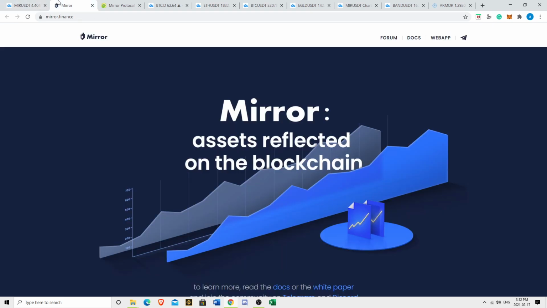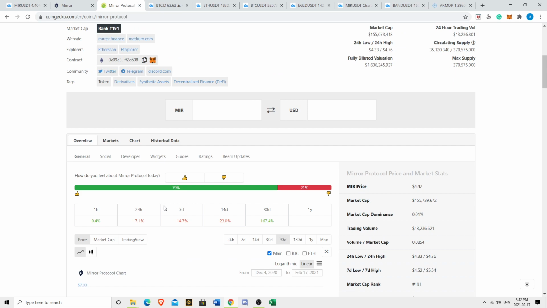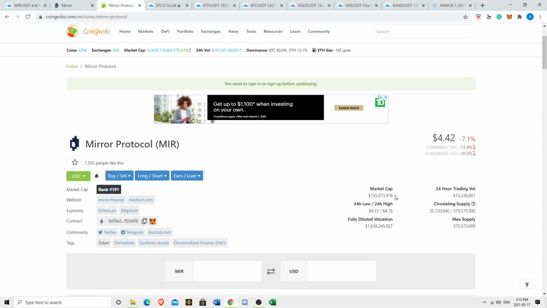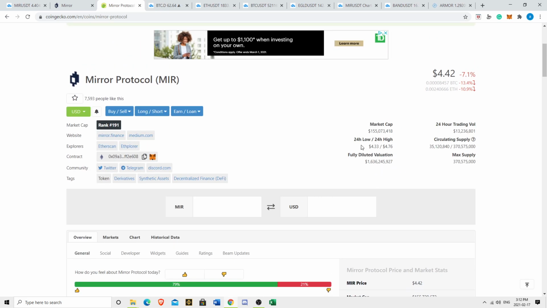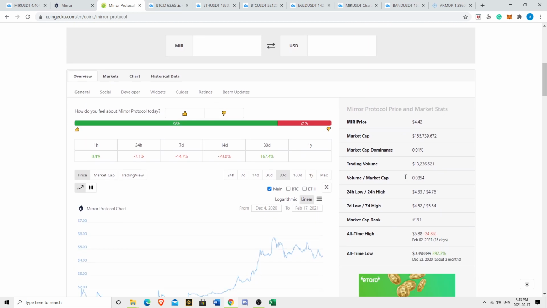I do see some interesting things happening in the technicals that I thought were worth bringing up. It's not a super low cap, but it's kind of a low cap. It's on page 2 of CoinGecko. As this market continues to mature, this could potentially be a first page coin. It has a market cap of 150 million, which I think is on the lower end. I personally consider low market cap 100 million and under, 100 million to a billion mid market cap, and a billion and above high market cap. That's just how I do it.